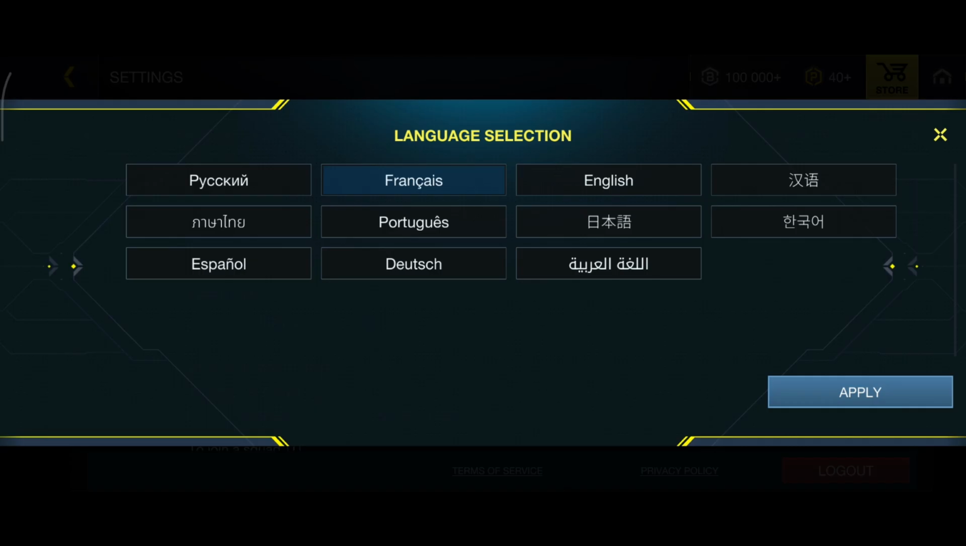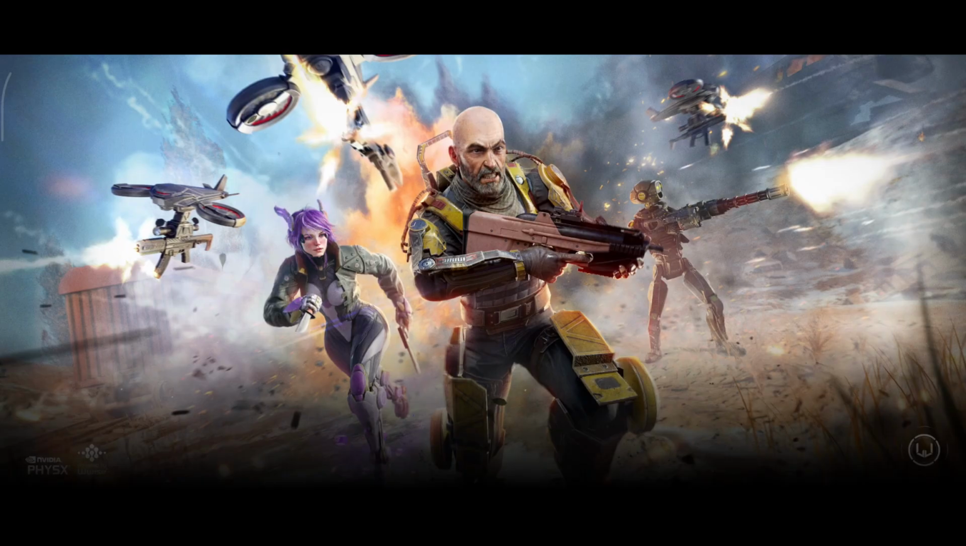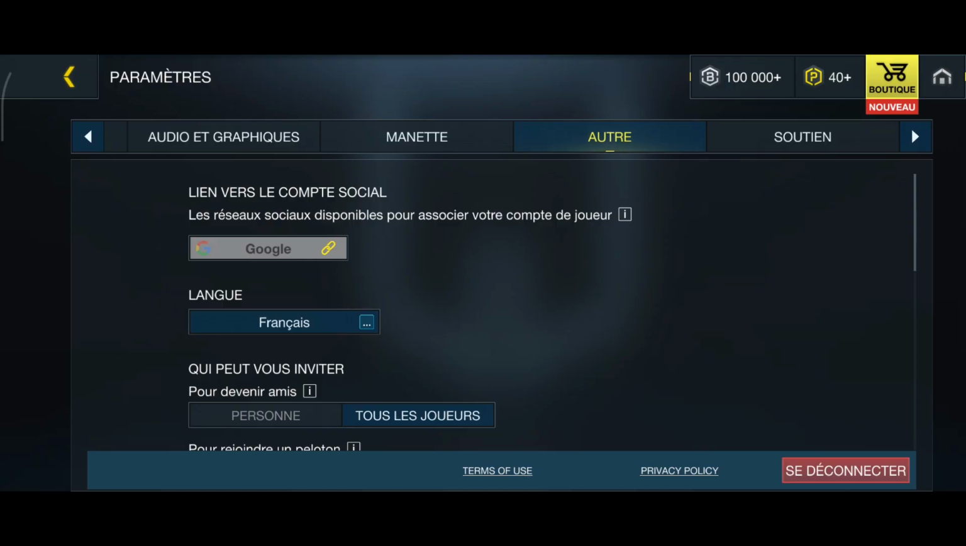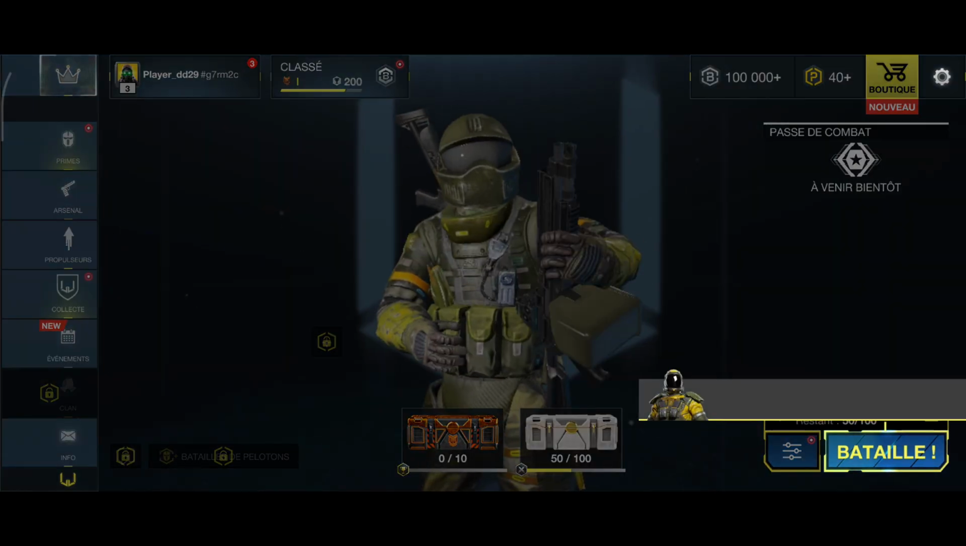So here, simply select the one that you want to change, and at last tap on Apply. Now it will take some time. Now even the app will get restarted. Now all the interface and the language is completely changed to the one that you have just selected, and you're